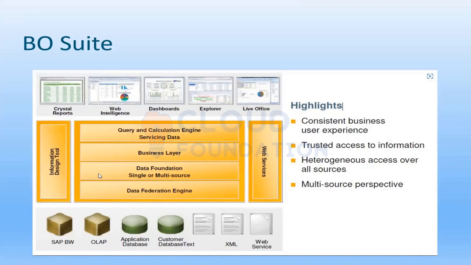But in our Information Design Tool, we will create classes, objects and dimensions which are understandable in business terms, like sales, region, quantity, product. We will change the terminology here as per the business requirement. We will create logic and database schemas here and use this as a data source for these reporting tools. It is about Information Design Tool, and these are the BOBJ reporting tools. These are the databases. It is a complete BOBJ suite.